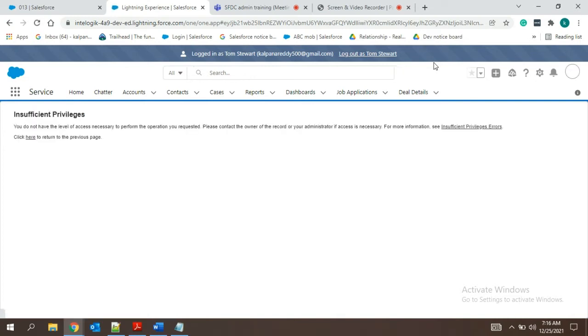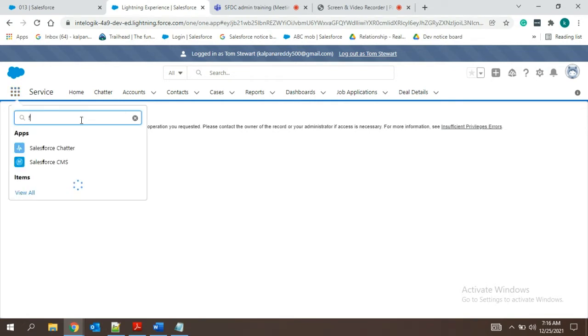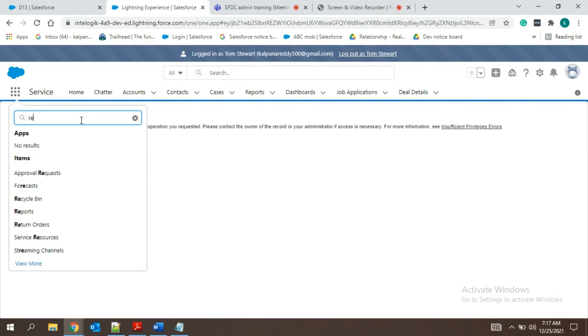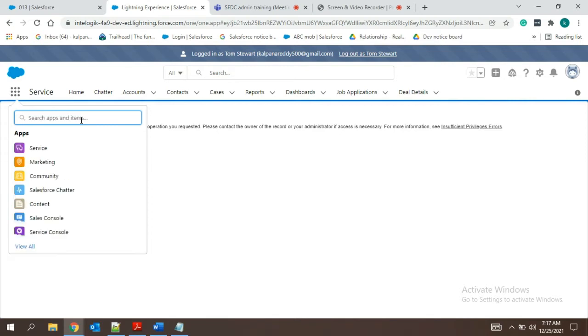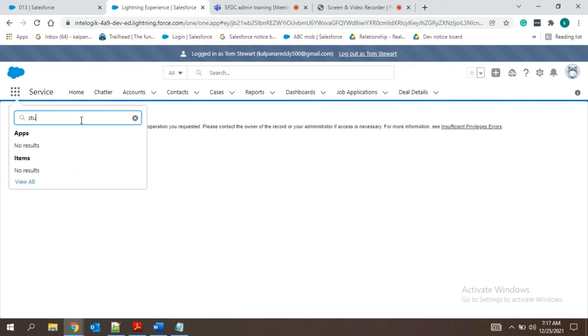See, did you see the difference? Now I have logged in as Tom and we'll see. The Flipkart application is not there. Fine. We'll search for student. No. Why is Tom not able to see it? Because these are our records, guys, so we have to give permission for them. No, he is not able to see anything.